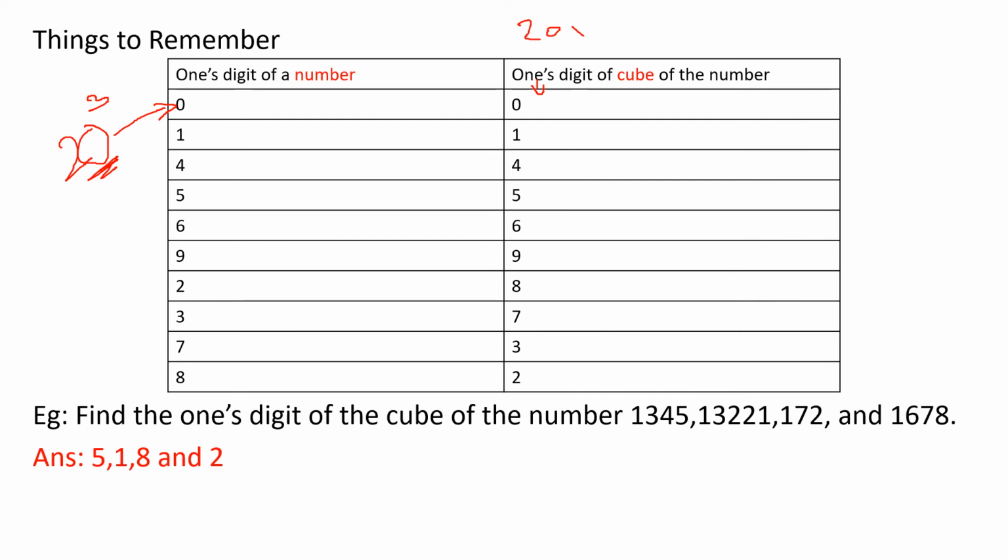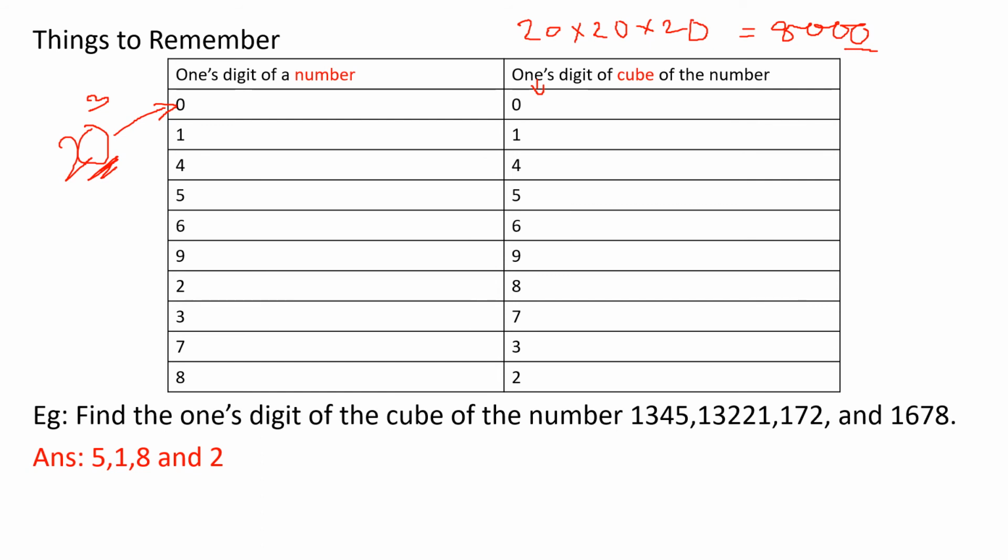So can we check it? Okay, 20 into 20 into 20. So 20 into 20, what is the answer? 400, right? 400 into 20, check it. You're getting the answer 8,000, right? So here in the ones place, the digit is 0. So like that, if a number ends in 1,